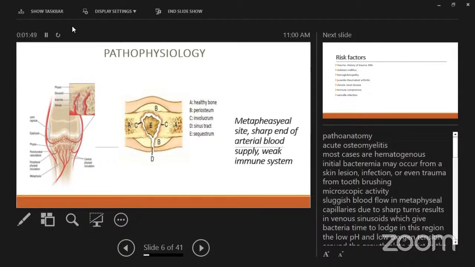The second thing is the low pH and decreased oxygen tension on that side around the physis. So it makes a suitable area to start the infection. That's why. The second thing is a weak immune system on that side. You know,